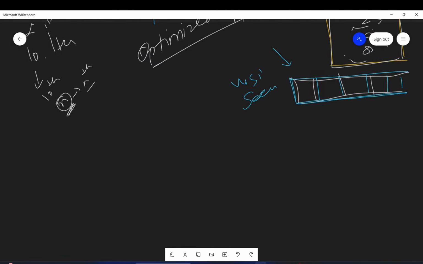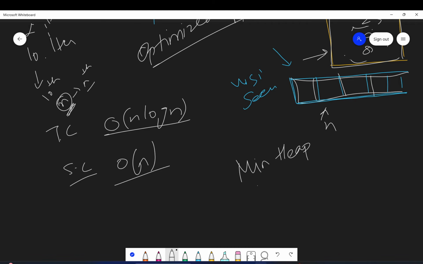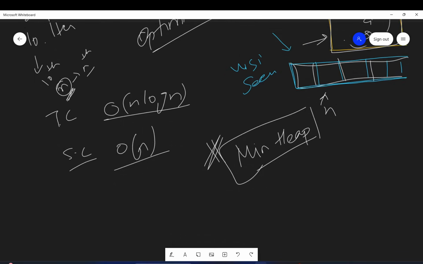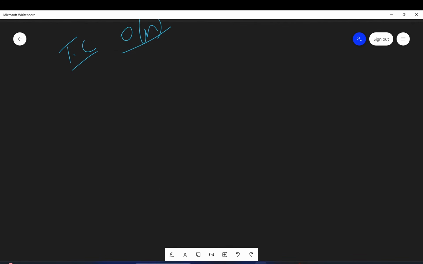Let's discuss the time complexity for this. So we are using a heap, right? So it will be n log n time complexity, and space complexity again will be O of n. Let's say at max we are storing n elements here, right? So guys, this is one approach, using min heap. Now, obviously, there is one more approach which is the best approach, and in that the time complexity gets reduced to O of n. So let's discuss that also.